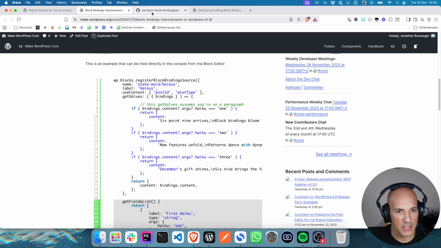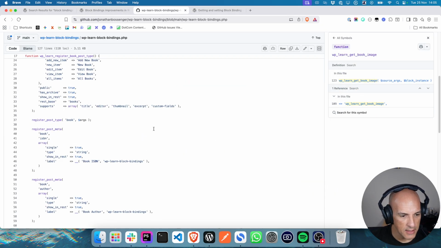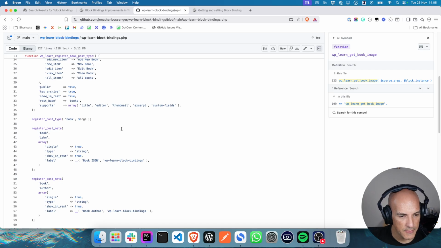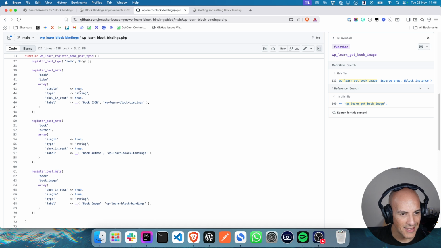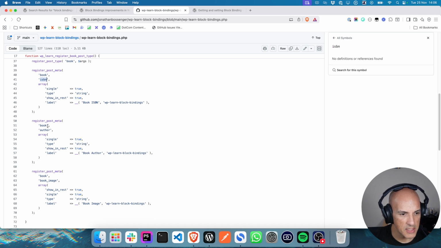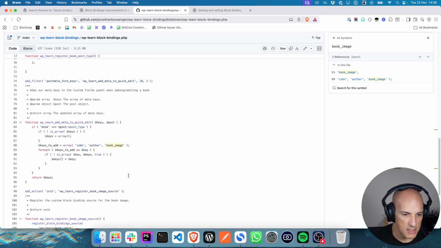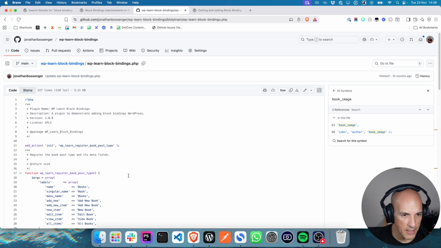So what I want to do is add the year field and make that a custom field. Store a list of years in the database somewhere, pull those from the database and be able to add that. And then I also want to be able to apply the ISBN and the author and the book image using custom fields in the editor. So that's the plan. I want to get this all done by Thursday, which is when I'm doing my workshop, so I'm hoping to get most of it done today.